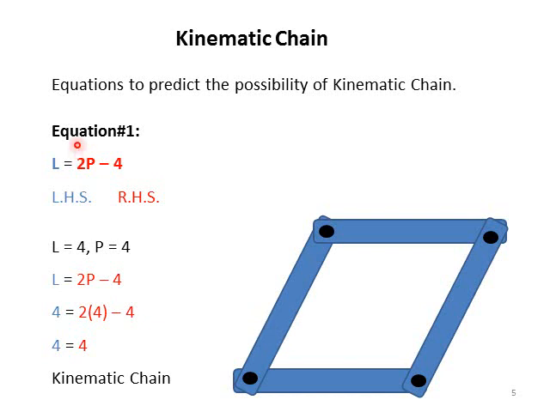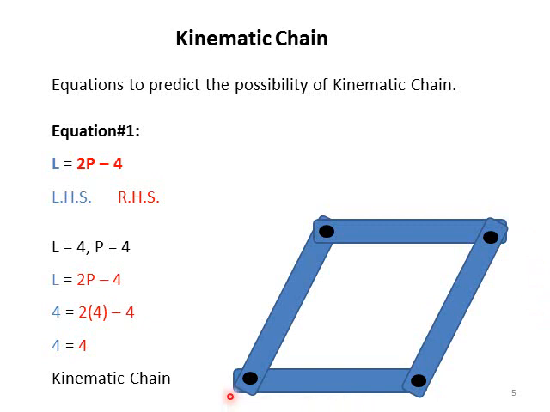So let's see equation number 1: L is equal to 2p minus 4. The number of links L is 4, and the number of kinematic pairs is 4. Putting these values in the equation, we get 4 equals 2 into 4 minus 4, and the end result will be 4 equal to 4, which means the left hand side is equal to the right hand side. Therefore this type of combination of links and joints will be called a kinematic chain,